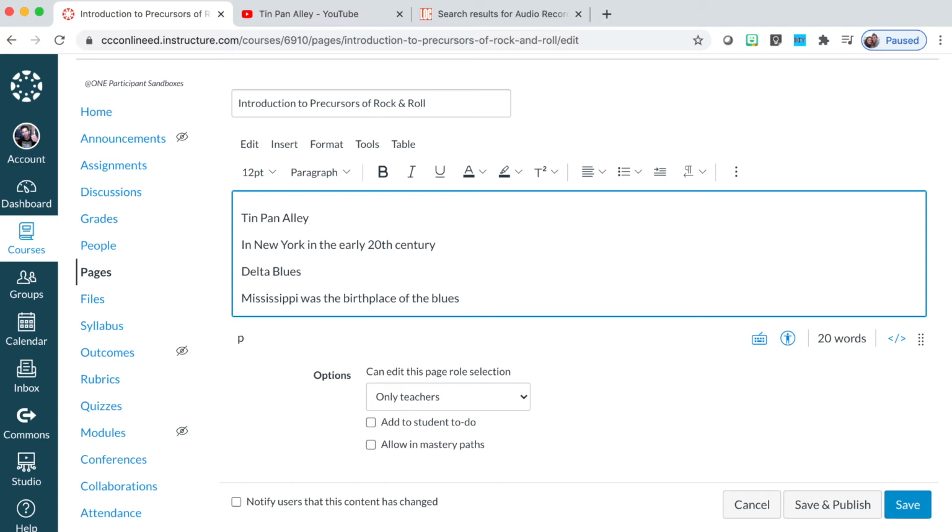Now, I do want to show you that these lines of text are actually paragraph text. As you see, this button here identifies what the text style is. Canvas defaults to paragraph text.